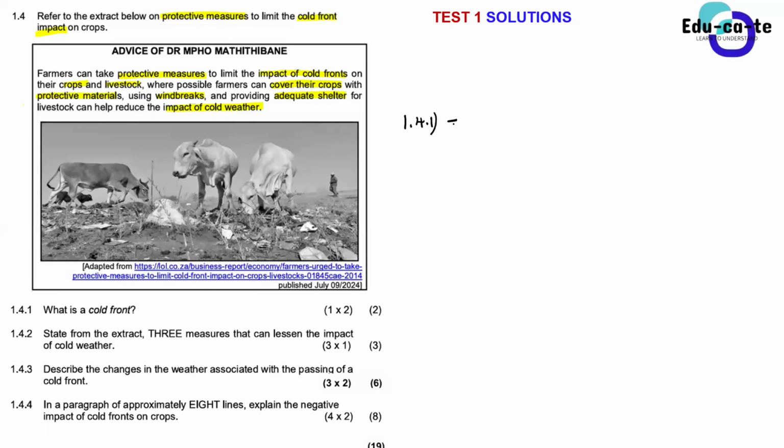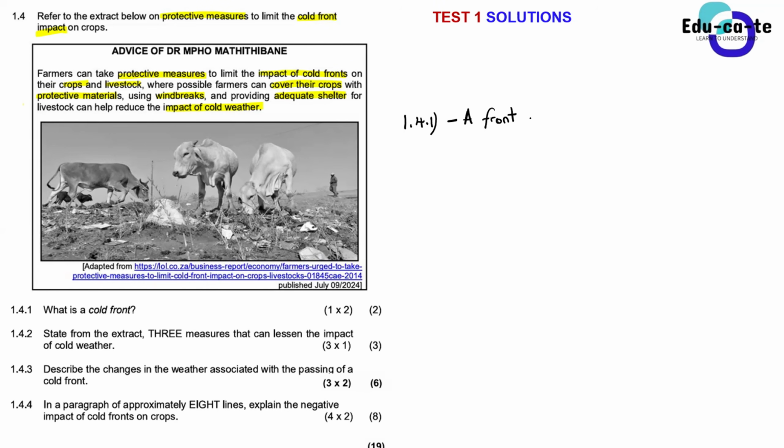A cold front is a boundary which separates two different air masses, which has cold air behind it. Yes. I want the cold air behind it part. So it's a front that consists of cold air behind it, because each and every front separates two different air masses. Every front, even the warm front, separates two different air masses. But the significance, why we call it a cold front, is because it has got cold air behind it.